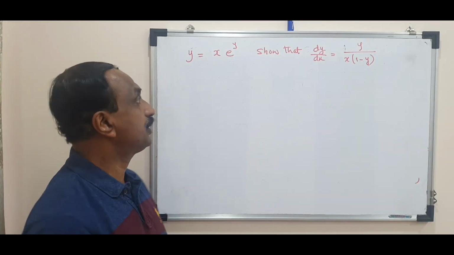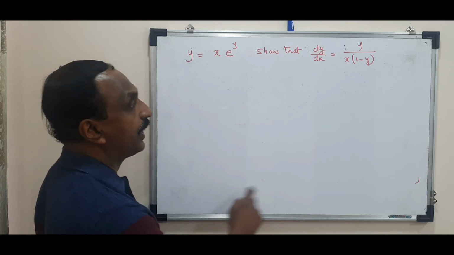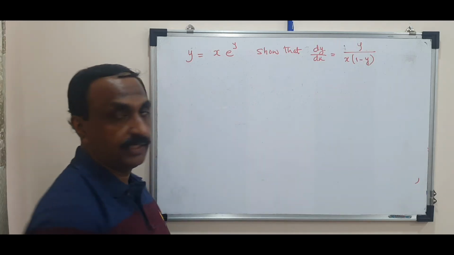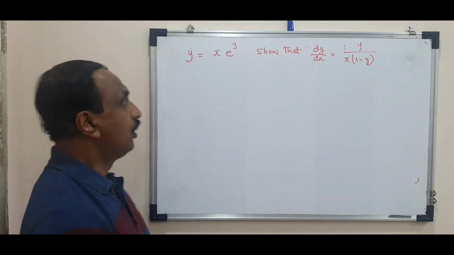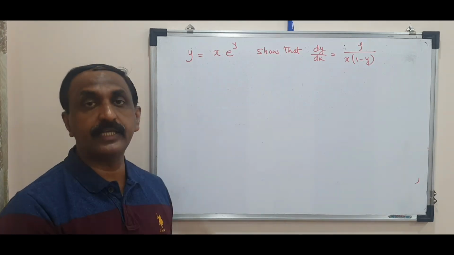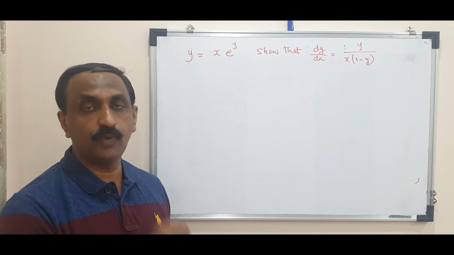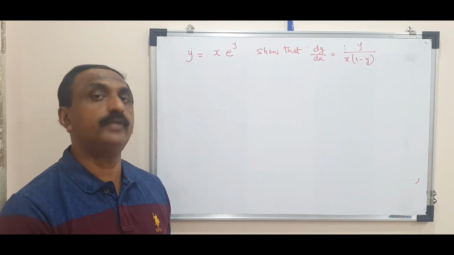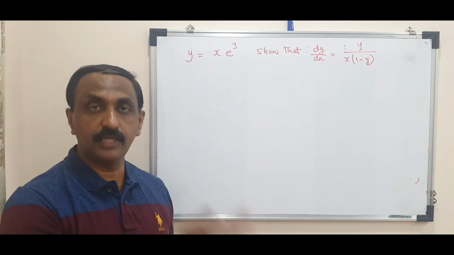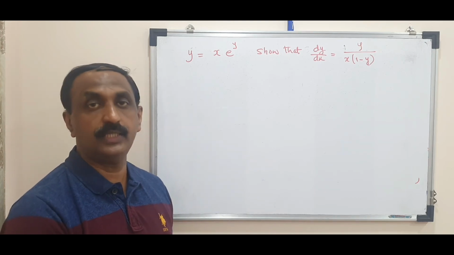We'll have a look at this function. y is equal to x e raised to y, and dy by dx does not contain which term? The dy by dx does not contain e raised to y. Whatever I do with e raised to y, whether I make e raised to y the subject or not, e raised to y will always be present in the answer because the derivative of e raised to y is e raised to y itself. When will the answer change? If the derivative of the function is some other term, then only the answer will change.